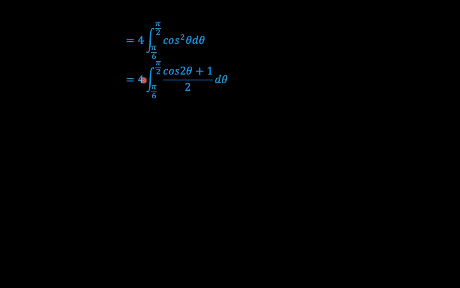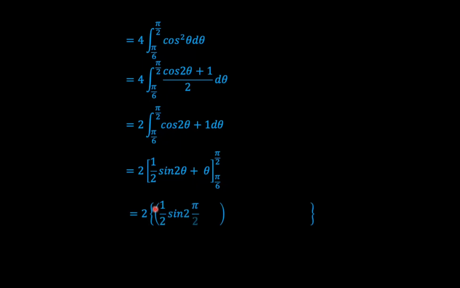So when you divide 4 by 2, it becomes 2. And so we have the integral of 2 times (cosine 2 theta plus 1). And so the integral of cosine 2 theta is 1 over 2 sine 2 theta, and then the integral of 1 is theta. And so applying the limits appropriately, we have 2, the constant, into bracket, a half sine 2, then the upper